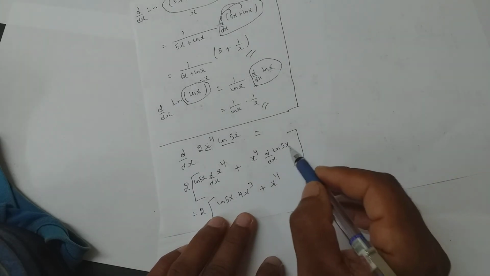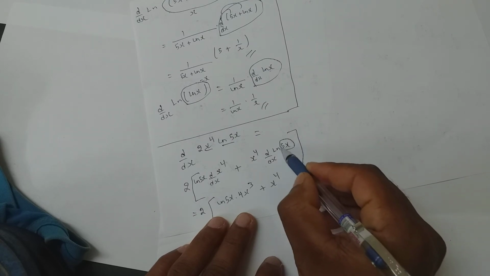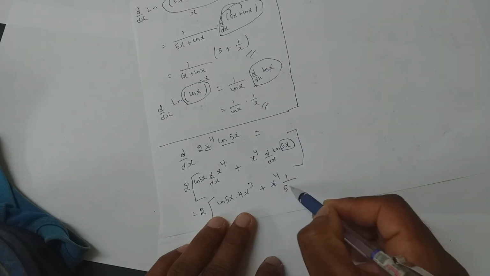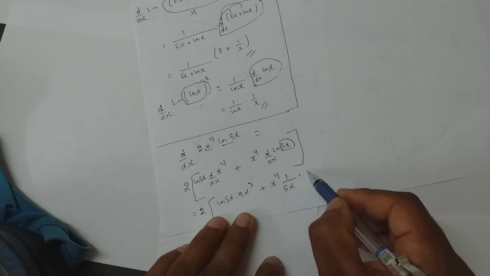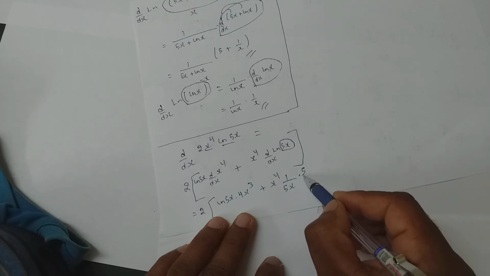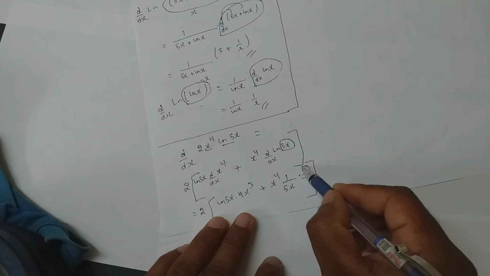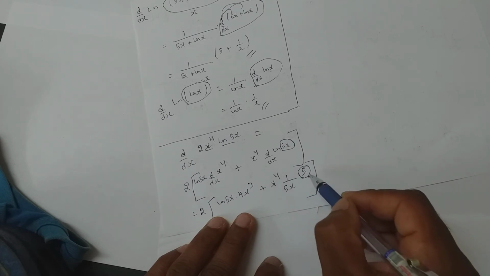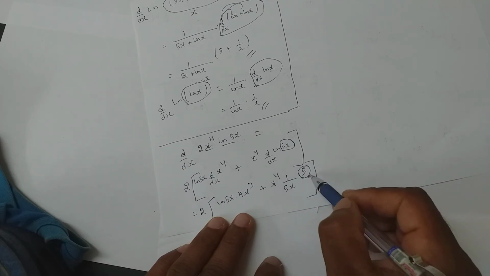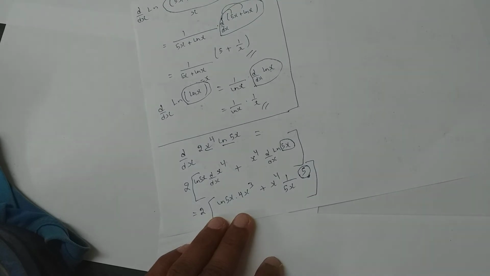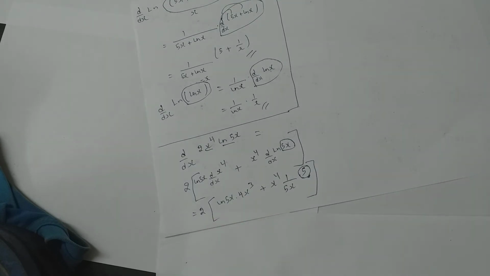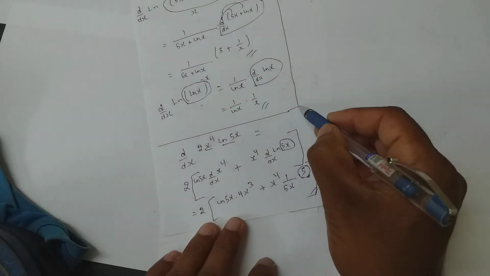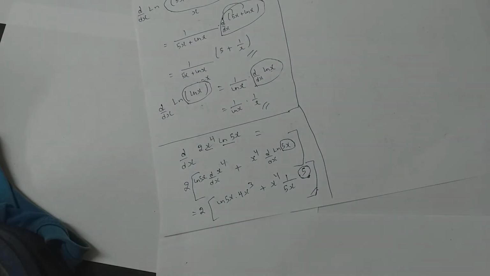Again, here also students go wrong. You will assume it to be x, so ln x is 1 by x. They forget this into d by dx of 5x, which is 5. 90% of the students forget this 5, that's why they go wrong. Am I clear? Your assumed x should be differentiated at the end and it should be kept there. That one point, if you remember, you have learned differentiation. Clear? Simplification we will do later. Done?